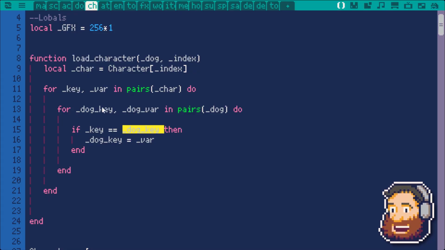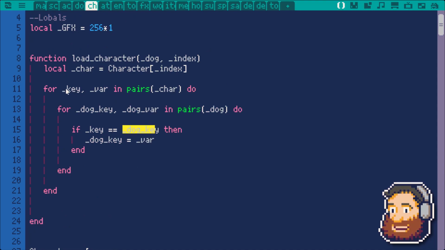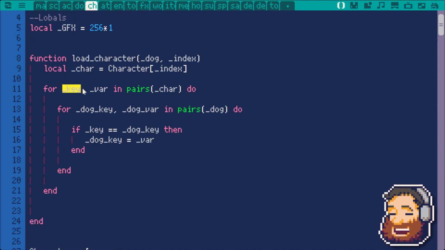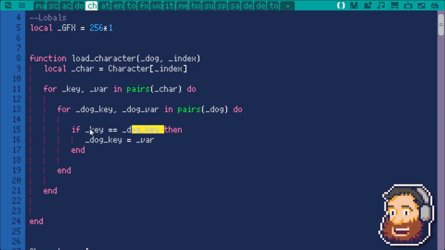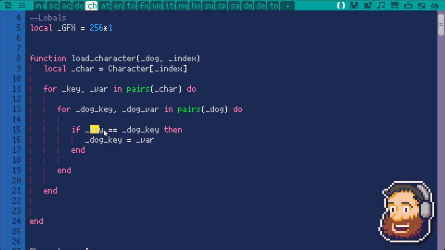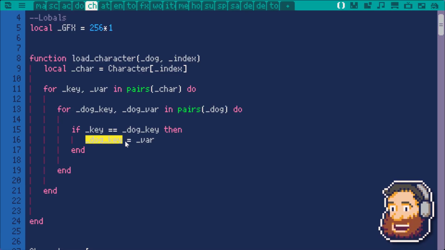So we're going to zip through the dog. The first one's going to be n. So if name, we're going to have character.name. Does that equal dog.n? No, it doesn't, because we have name and we have n. Then the next one is going to be name and x. Nope. Name and width. Nope. Name and bark. Nope. Name and name. Yep. And if that's the case, then we're going to set the dog name